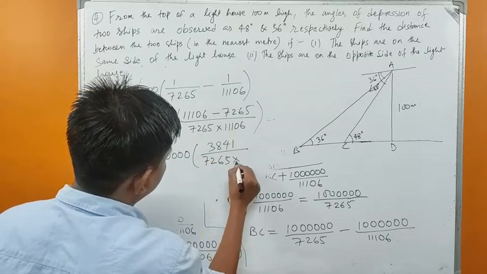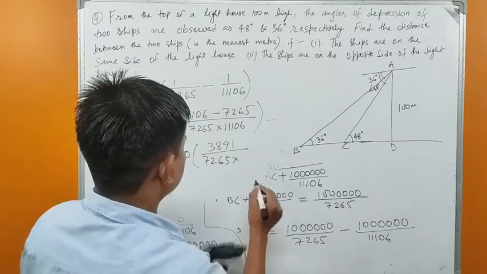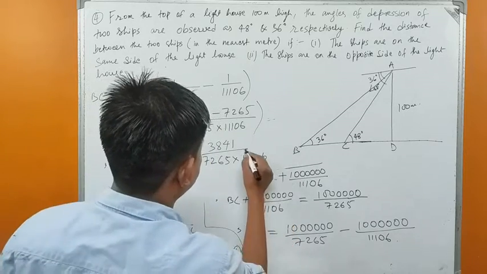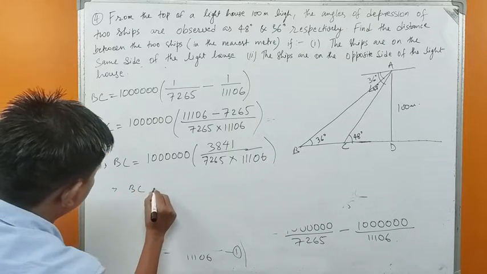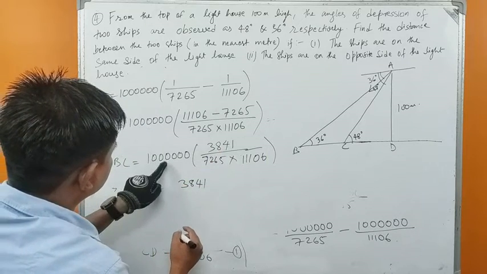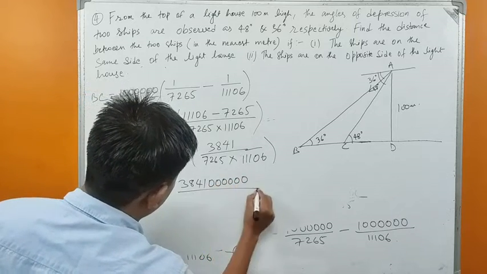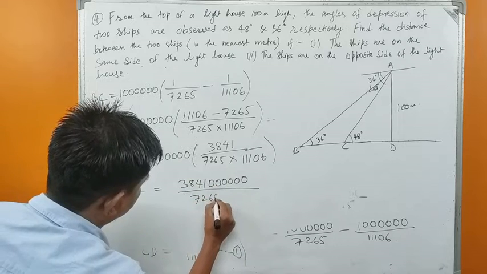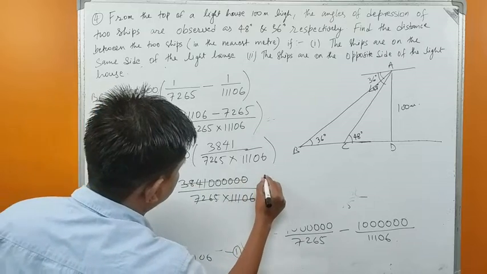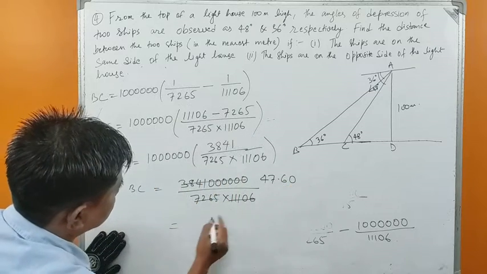7265 into 1106. Okay, BC equals, let's multiply this, 3841 with 6 zeros, 6 zeros. This too we have 7265 into 11106. So if you cancel this, you get 47.60 around. So 47.60 means